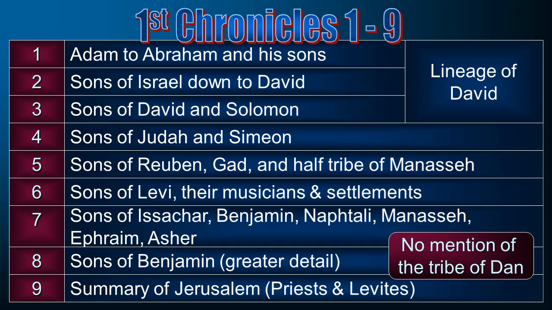Remember how after the division of the northern and southern tribes, you have the northern tribes of the nation of Israel now, and it was Jeroboam, their first king after Solomon, who set up places of worship, one at Bethel and one at Dan. So this Dan becomes known as a place of pagan worship, of wrong worship. They weren't worshiping pagan gods, but they were worshiping in a wrong way, where they were worshiping the Lord using a golden calf. And so Chronicles doesn't even mention that. That tribe is sort of lost and forgotten because of its wrong way of worshiping.